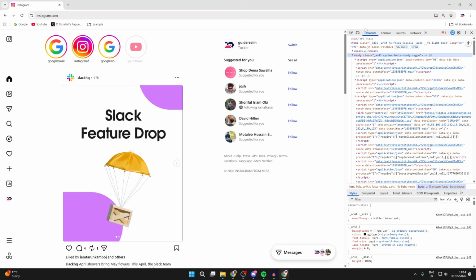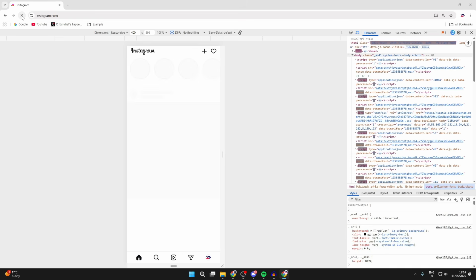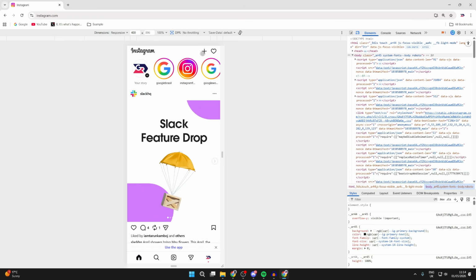Don't worry, it's really simple. Just go and click on the device toolbar in the top left where you can see a computer and a phone, and this will open up. And what we then need to do is go and refresh the entire page, so press refresh in the top left. Now what you can do is go to the top right and press on the plus, and we'll see